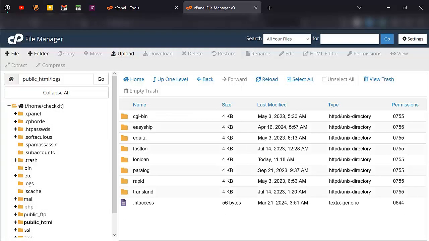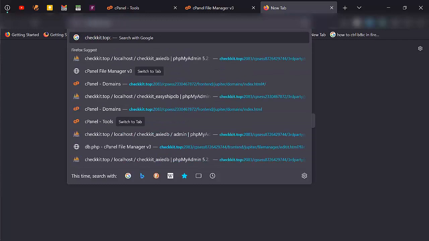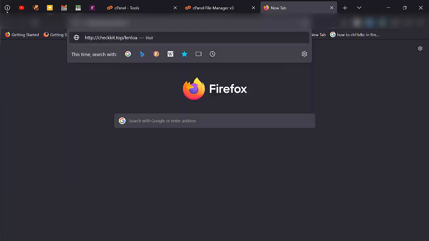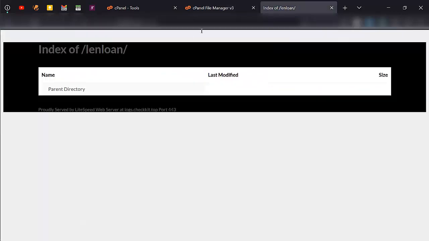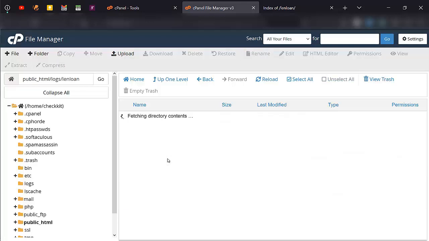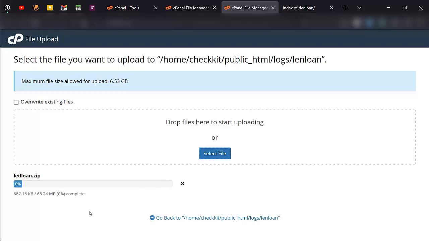Perfect. Now when I go to, let's say, check /lead loan. Perfect. So now all I have to do is upload my file into this particular folder that I just created. I'm going to click on select file. Now this file is going to be made available for you. I'm going to tell you how you can get it at the end of this tutorial, so just stay tuned. I want to show you how you can get access to this software easily. So now while this is uploading,